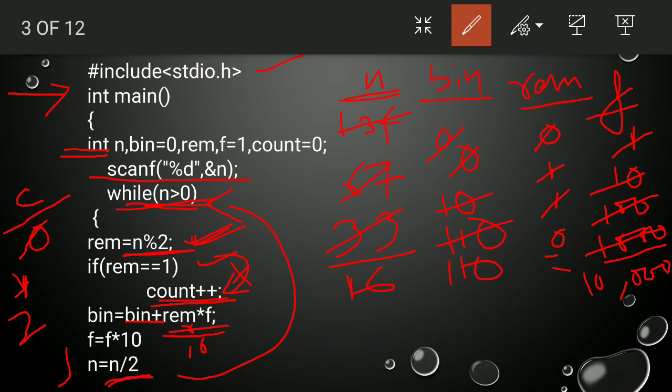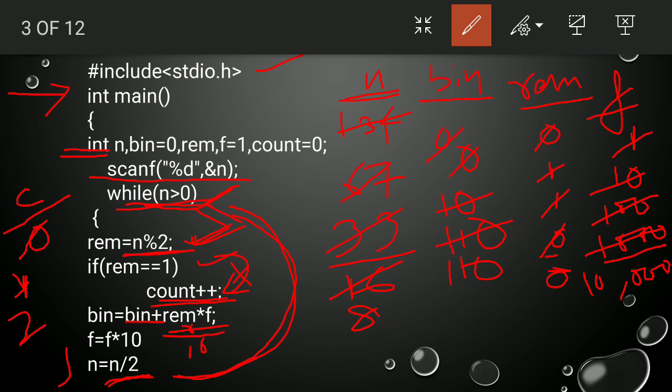Okay. Now n equals to n divided by 2, means 2 8 is 16. So 8. Again it will come back here and check, 8 is greater than 0. Yes, 8 is greater than 0. When 8 is greater than 0, again it will go inside the loop, n mod 2. So remainder is again 0 only. Why 0 only? Because 8 mod 2 is completely divisible.